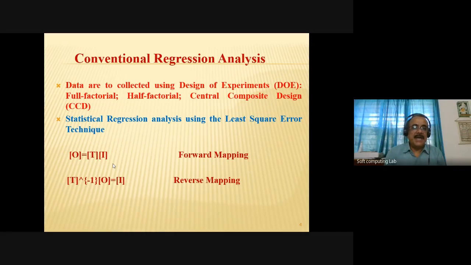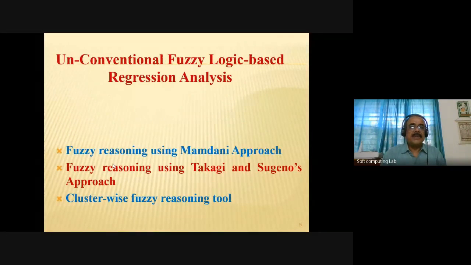Okay, the problem lies with this particular fact, because in conventional statistical regression analysis, it will be very easy to carry out the forward mapping, but it may not always be possible to carry out the reverse mapping because the transformation matrix may not always be invertible. It may not always be non-singular. And that is why we'll have to depend on the unconventional fuzzy logic based or neural